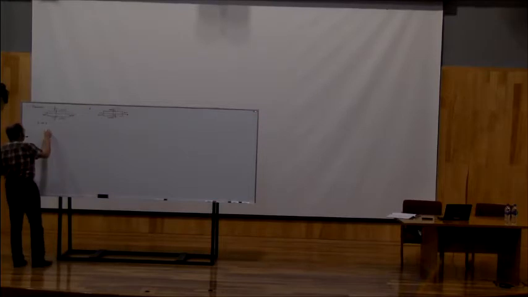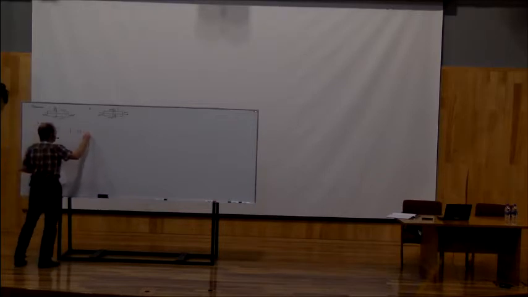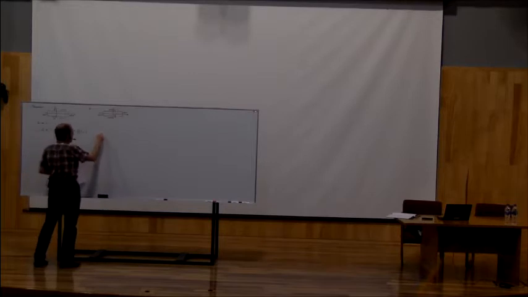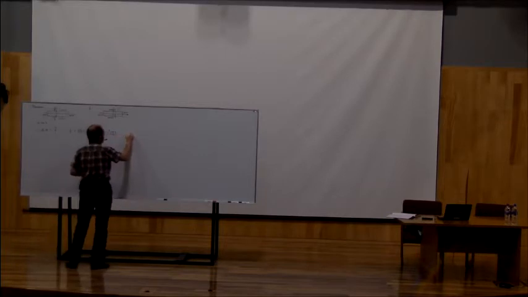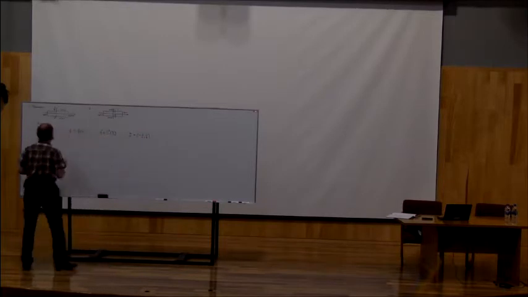The solutions to the problem are minus Laplacian u equals f, where f is a function of x1 only for simplicity. I is the interval from minus 1/2 to 1/2. And so we're looking for u,